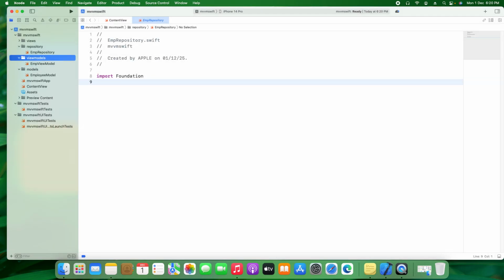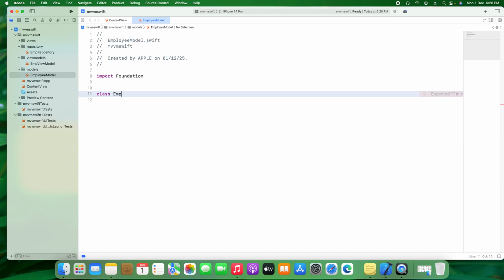So all the files are ready, and now we'll start the work for the MVVM. Okay, so here it is, the employee model. First we go to the models, and we create one model here. This is the class for emp, or you can give it employee model,